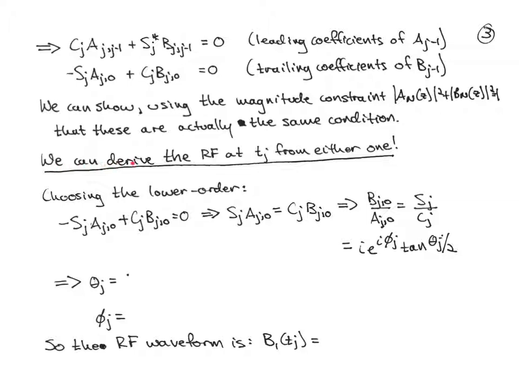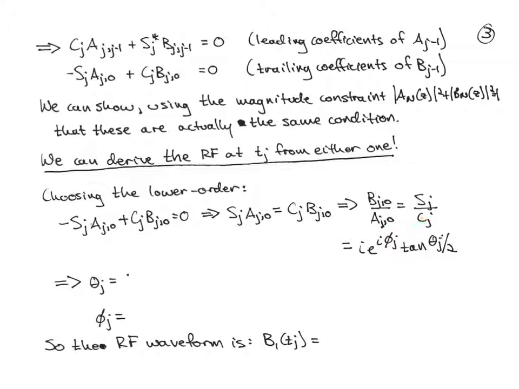So overall, what this means is that we can derive the RF sample at time t sub j from either condition. So if we choose the lower order condition, that is this one, we can solve that to get the RF sample at time point t sub j. So here it is stated here. We can put them on opposite sides, get them in terms of a ratio. And so we have this b sub j0, a sub j0 term because we have the two polynomials, and that is equal